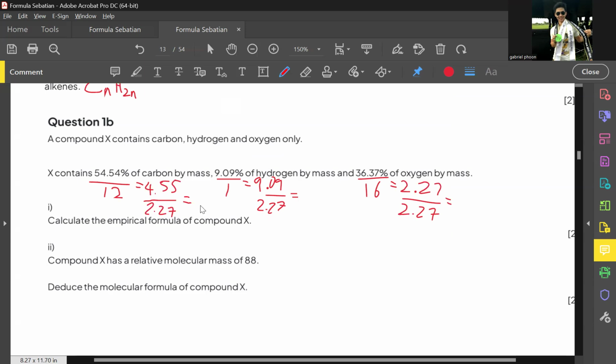What number is this? Somewhere around 2 point something, which is 2. This one? 4 point something, which is 4, and this is obviously 1, right? So right now I know that there's 2 carbons, 4 hydrogens, and 1 oxygen, right? So the empirical formula will be